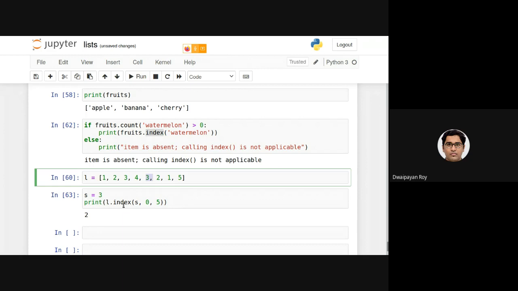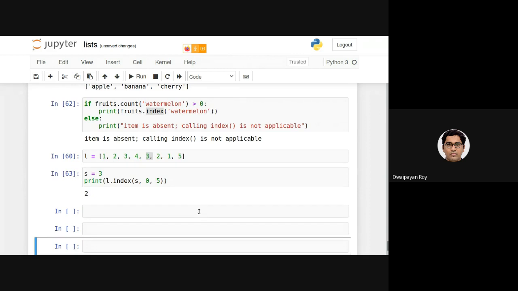Sir, hello. Yes, question. So we could also use a for loop, and we could also match and take a counter for it, and we can index. It will increase when it is equal to 3. Absolutely correct. So basically, using a for loop, we can get all the locations in which this 3 is present. We will be writing one code for that. As you raised the question, let's write that program now.